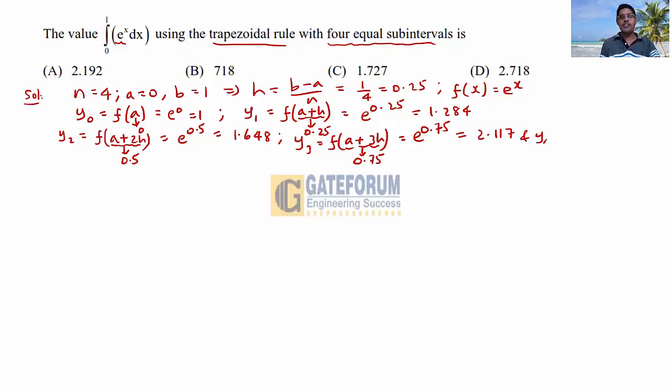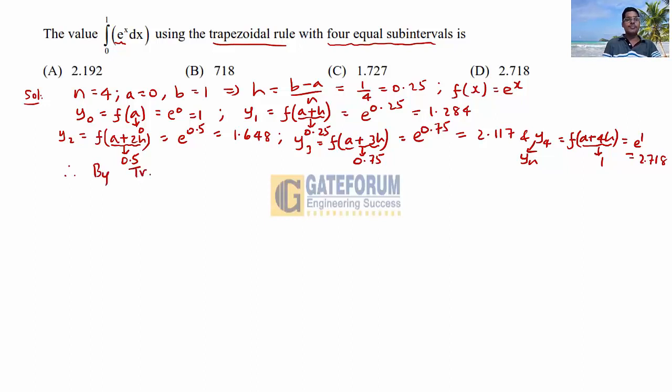And finally y4, this is nothing but, in conceptual notation, yn, the function value at a plus nh, that is a plus 4h. A plus 4h is 1, so we will reach that upper limit b. That is, this is nothing but e power 1. E power 1 value is e value, 2.712. So approximately to 3 places, 2.718. Therefore, by